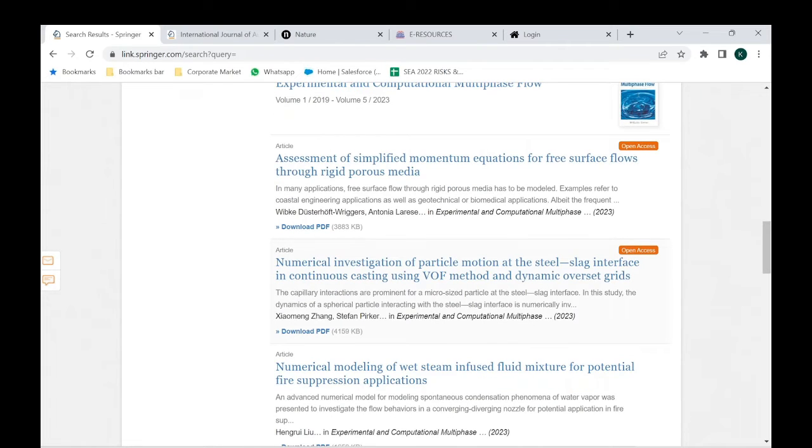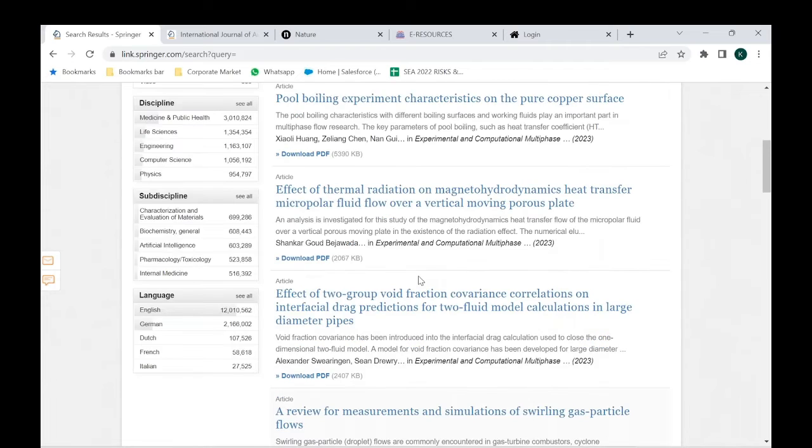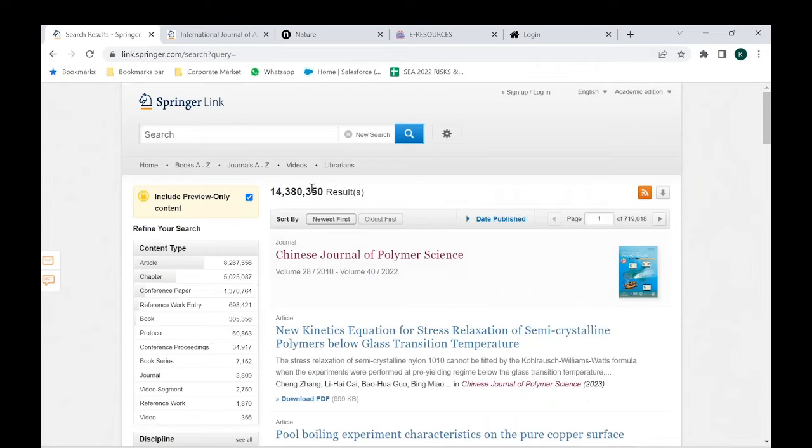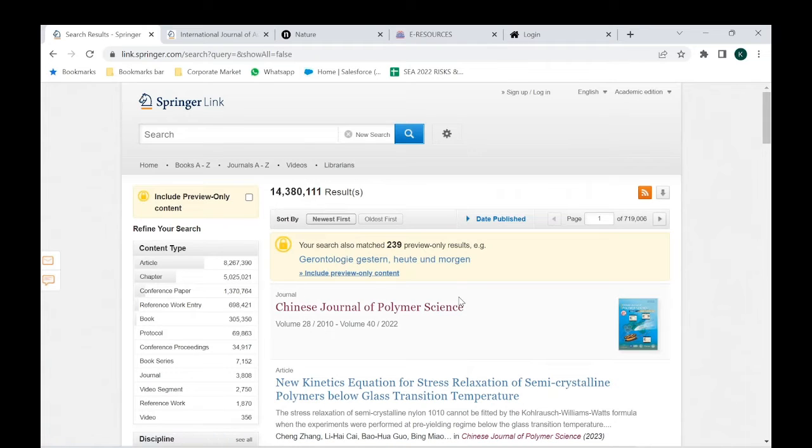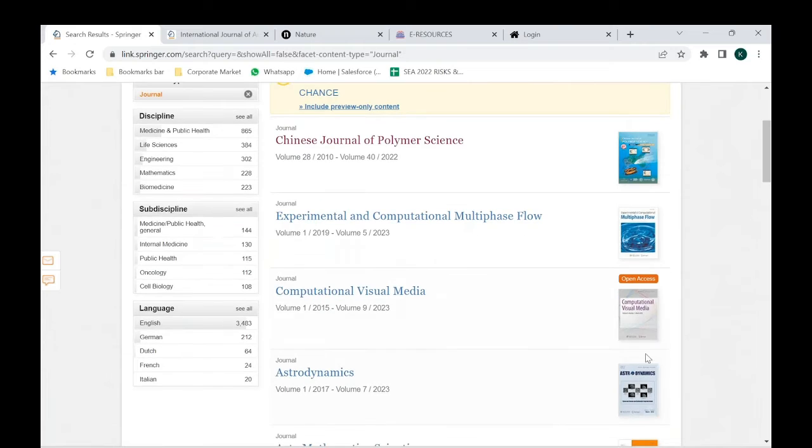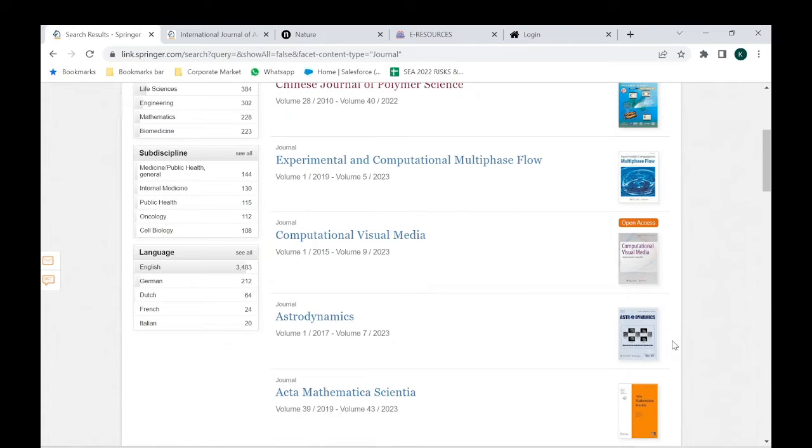Using another example, I've gone back and done a blank search of all on Springer Link, and I wanted to show you what an open access journal is. Open access, if you're not familiar with the term, essentially means that the journal, or the individual articles within the journal, are published free to read to whoever is in the world, regardless of your association to any university,